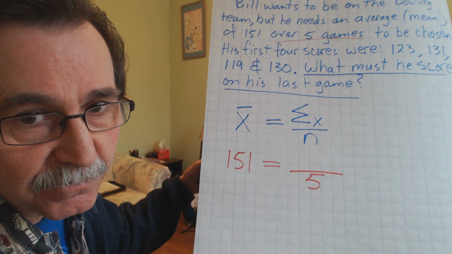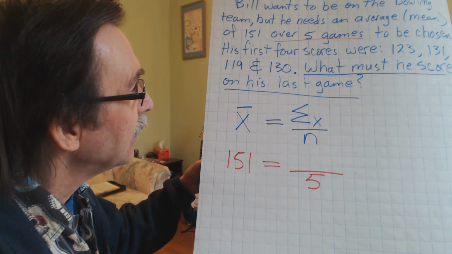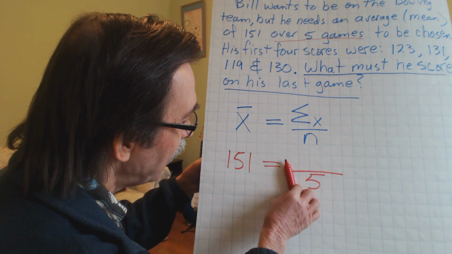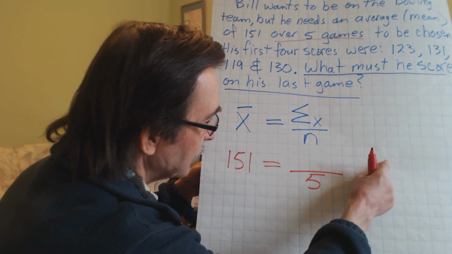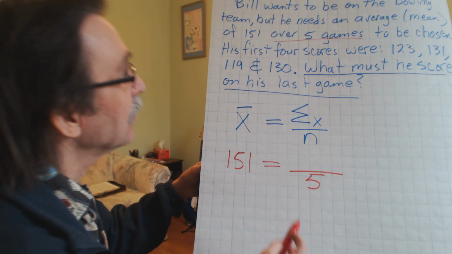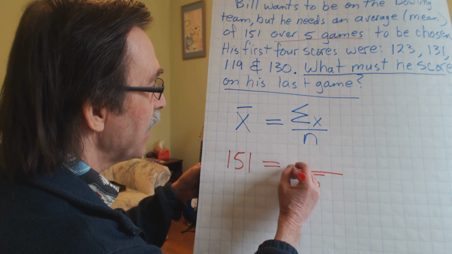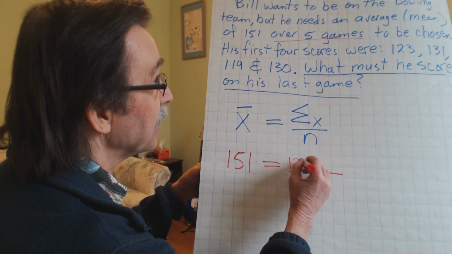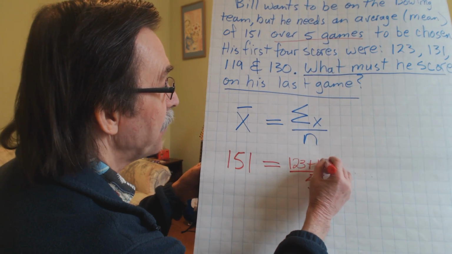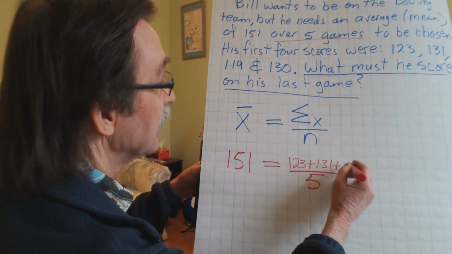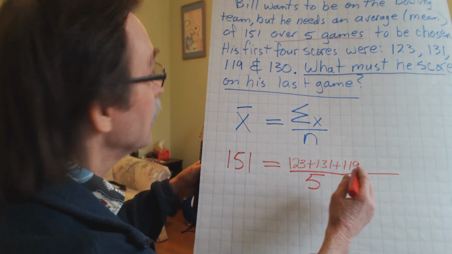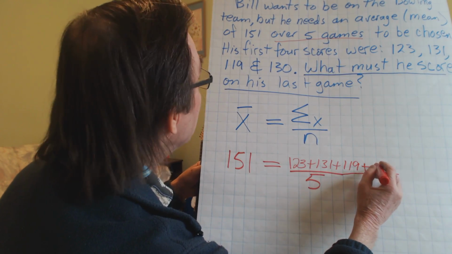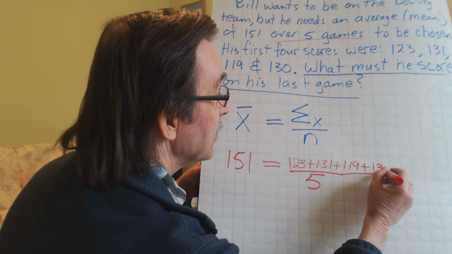The textbook that we're using has an example where they write out all the given values, the ones that you know, and so that's what I'll do here too. So what do we have already? We've got 123 plus 131 plus 119 plus 130,